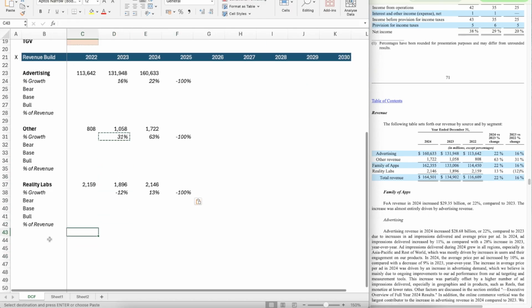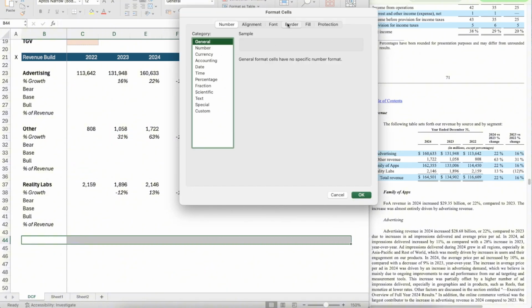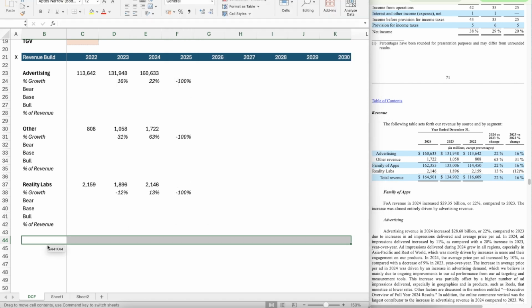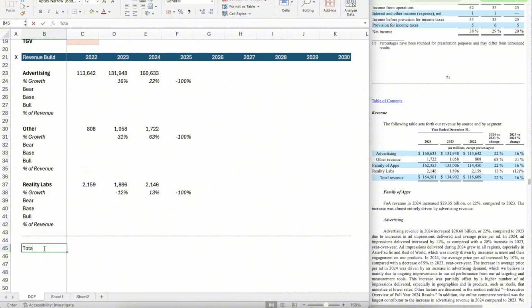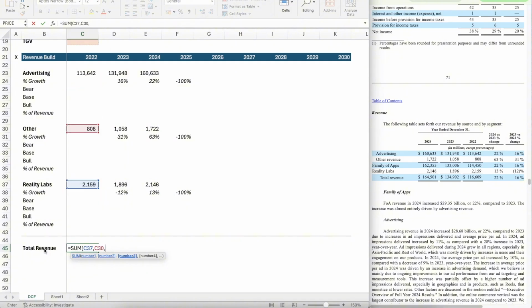And at the bottom, we just want to put a border. I guess the top line and go total revenue. Bold it, equals sum, and just select each of the revenue